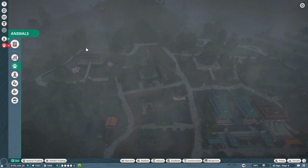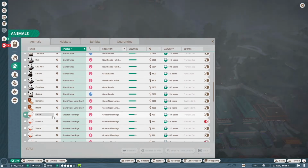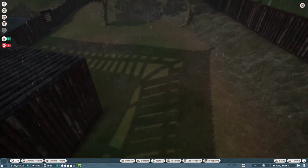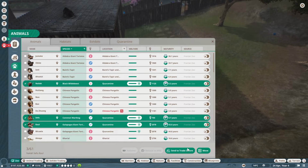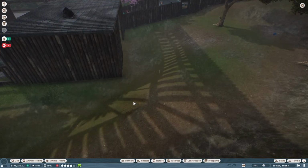So let's actually go to zoo. Let's go to animals. Let's scroll through the list a bit. Find the sable antelope, which was right there the whole time. Then go to zoo, then go to all the animals that are in quarantine, and have apparently passed. And then move them to here. And that should give me enough species